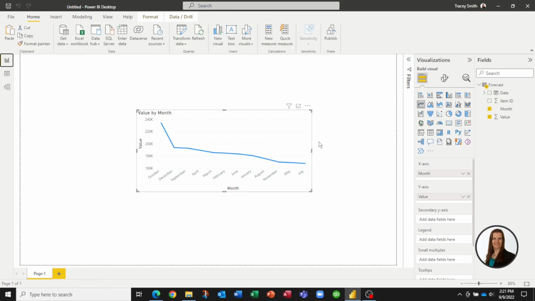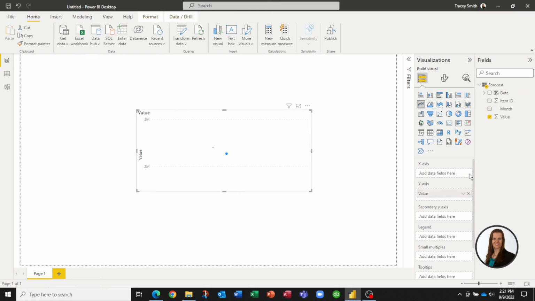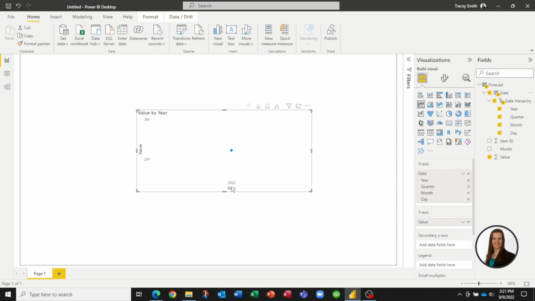Now, if we go back to our chart, and we get rid of just that month text, now we've actually got a date where we have a hierarchy. It has a year, a quarter, a month, and a day. So if I select that date and now put it in the x-axis, you can see it's plotting the year,